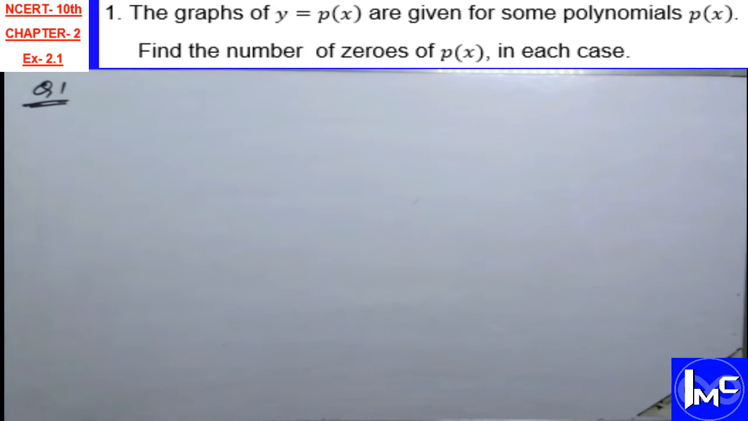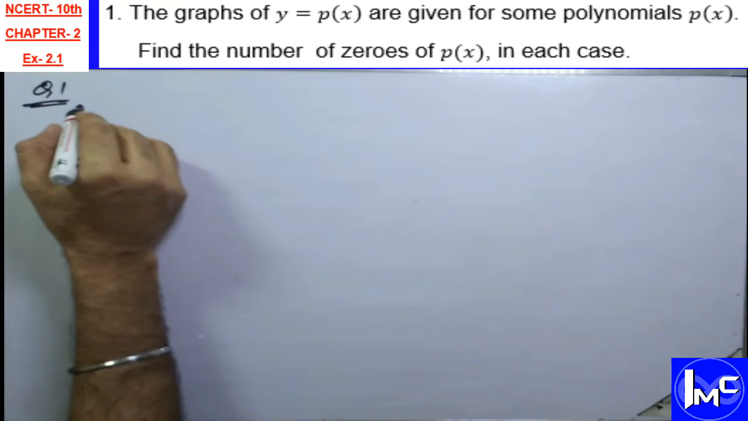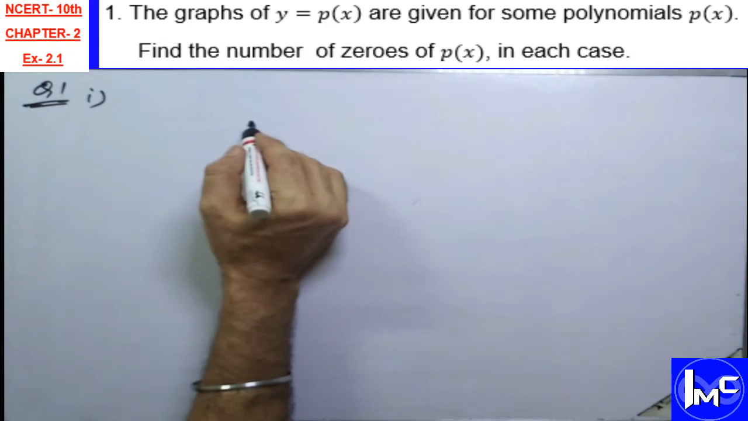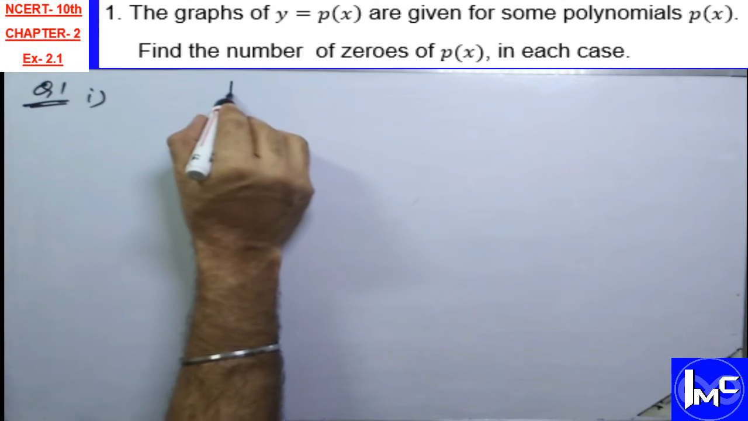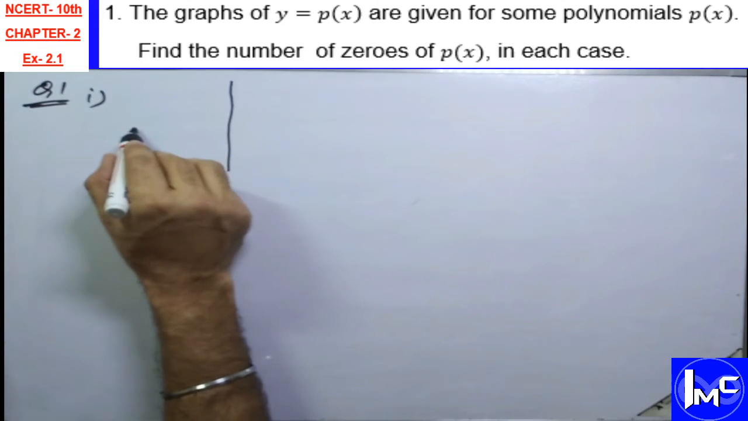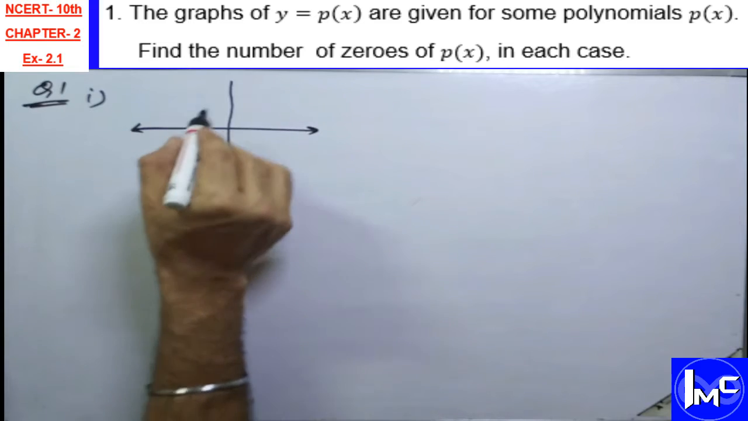The question is: the graphs of y = p(x) are given below for some polynomial p(x). Find the number of zeros of p(x) in each case. We have to find the number of zeros of the polynomial in each question. First question is, the graph is like this: